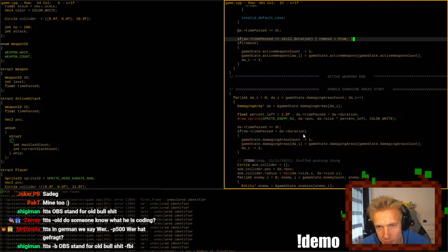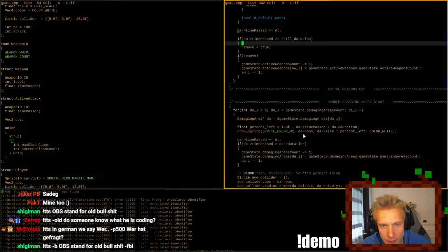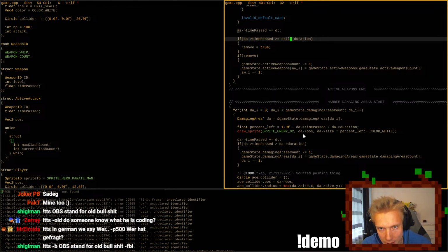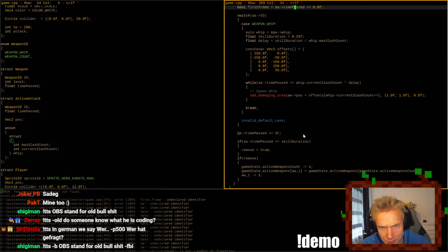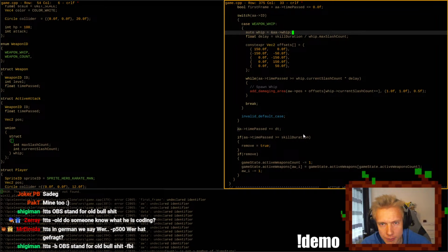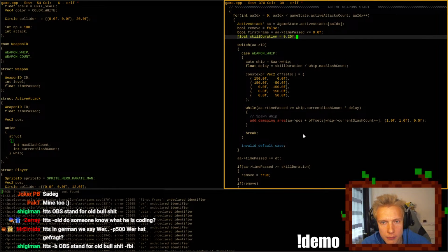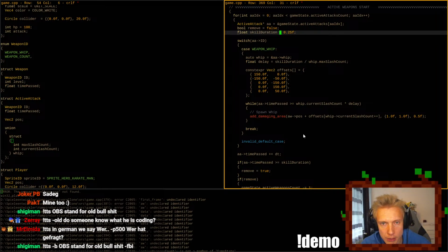Remove true? What is this code, my friend? If literally the time passed of the AA is greater than the skill duration, with no underscore, please, put a proper thing like that. Oh, we need a skill duration, huh? We don't need that bool as well.